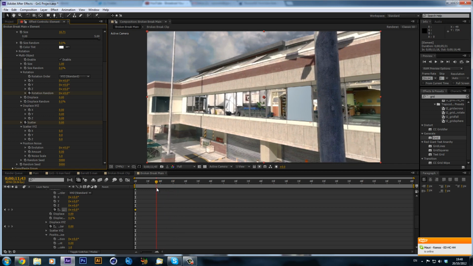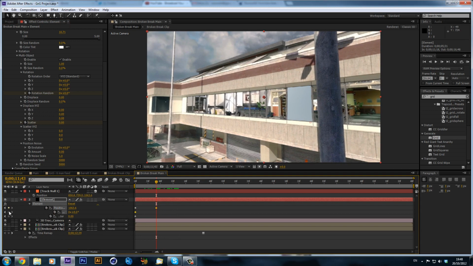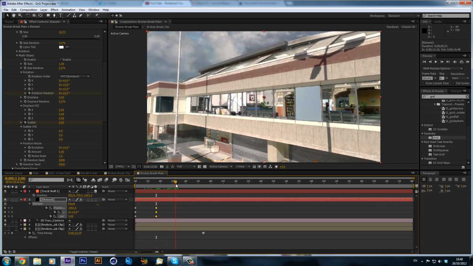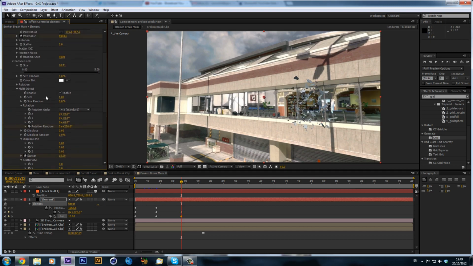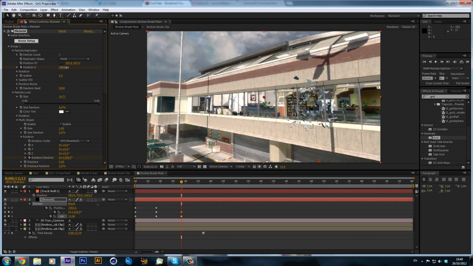Maybe I think I'll move to about here, and I'm just going to hit U so we have them all, make a new keyframe for all of them, and now go forward just a bit, and now we can start making some cool effects. So I'm just going to turn up the random rotation quite a lot. As you can see, straight away we get some really nice effects. Scatter them, not too much, maybe 15. Something a bit like that, and then I'm going to just bump the position